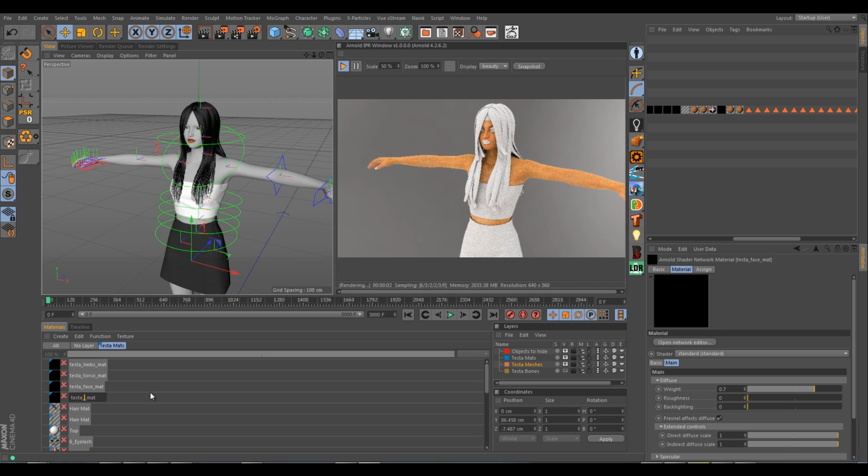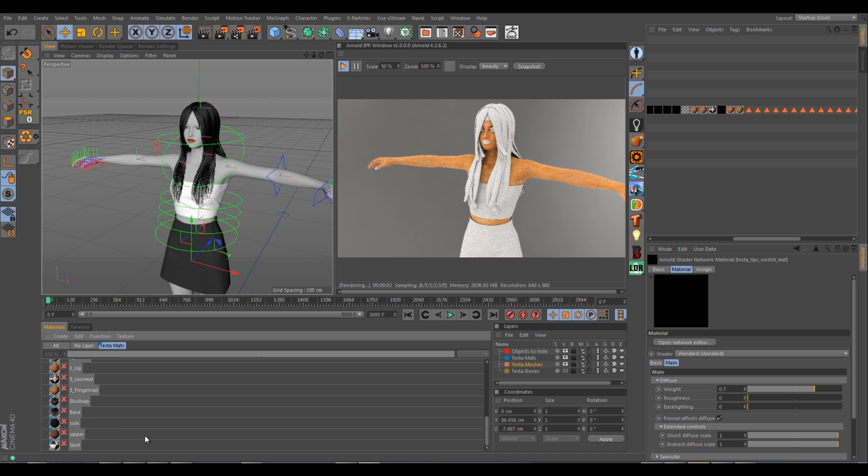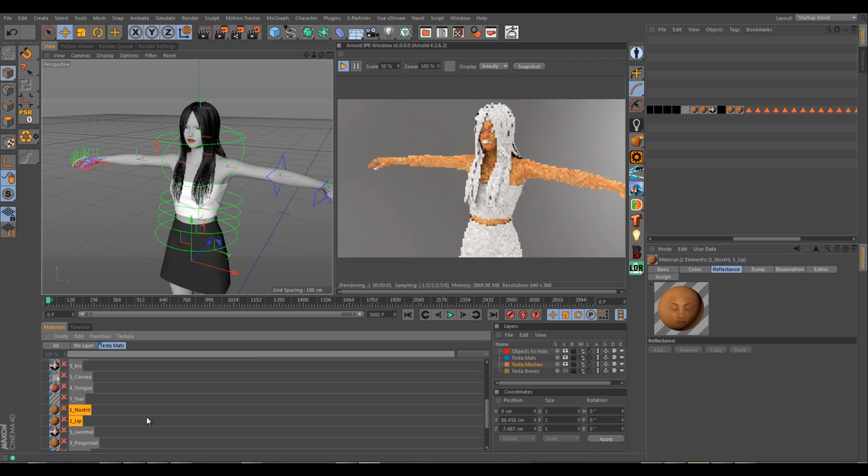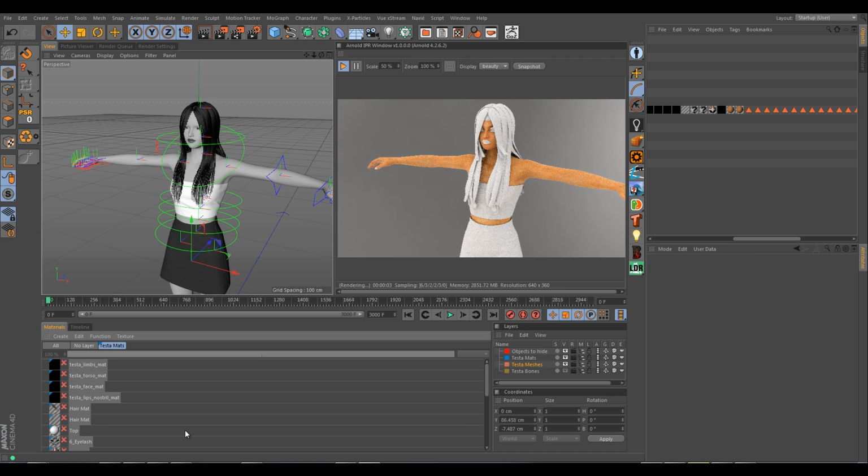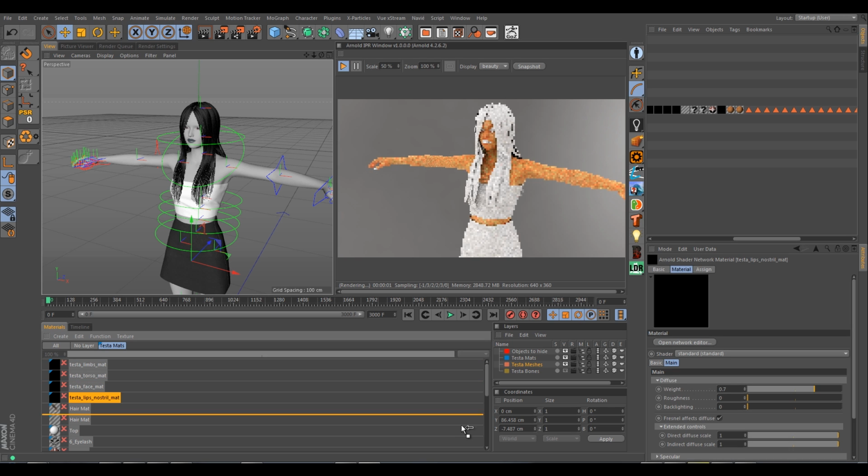So this is going to be lips, nostril, material. And I'm just putting the underscores in there once again, just to keep a nice naming convention for my materials here. And so we can delete these two,